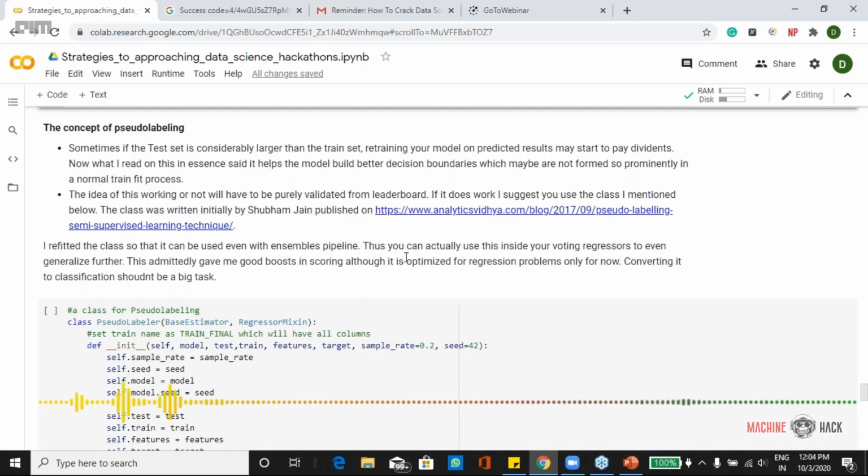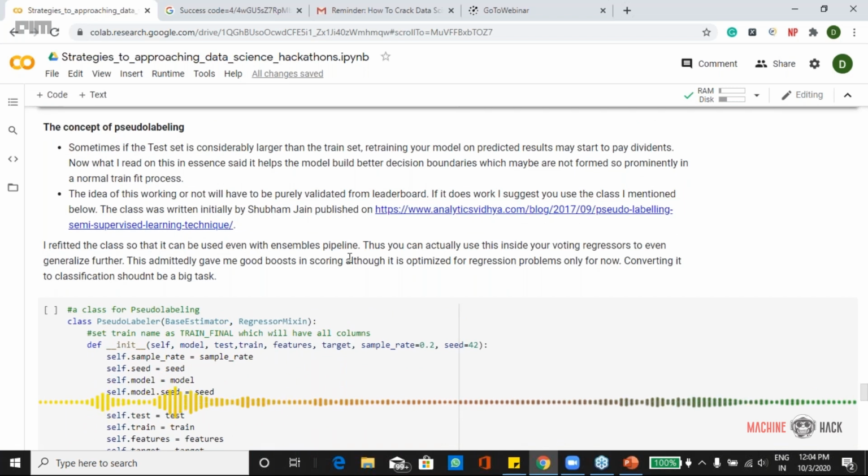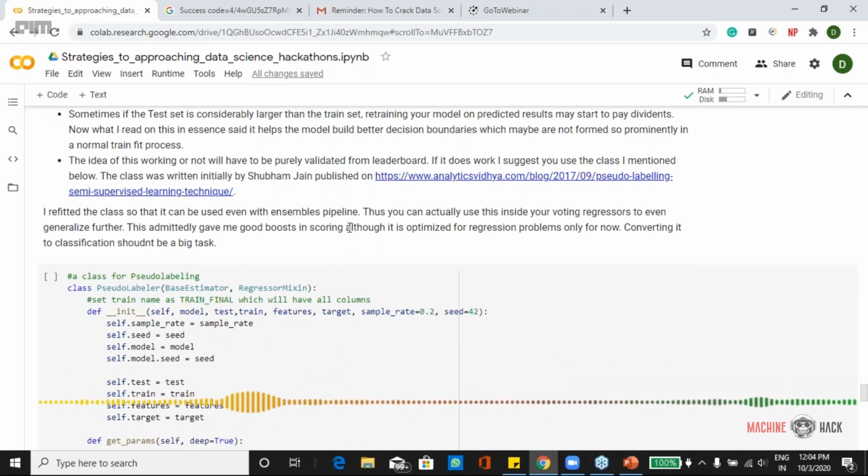Now, the concept of pseudo labeling. This is a very interesting thing that worked for me once. What this means is training back your model on your predicted values, and again fitting the model. How this works, the literature that I have read so far says that it helps the model better build the decision boundaries than already present if your train set is relatively small and your test set is pretty huge compared to the train set. So for this, I was searching for a way to implement it, and I found this article